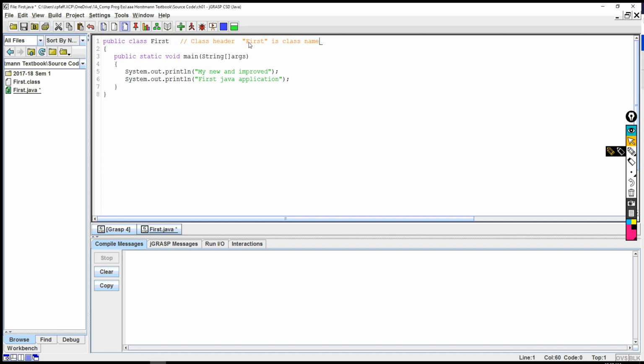And the class header is not always the first line on the file, on the document here, but the